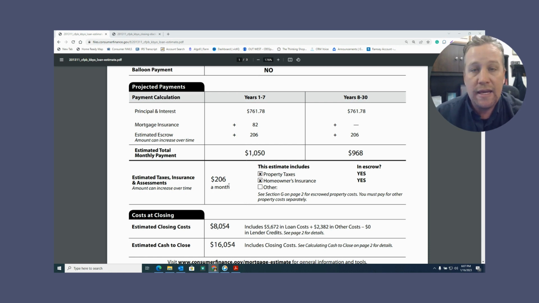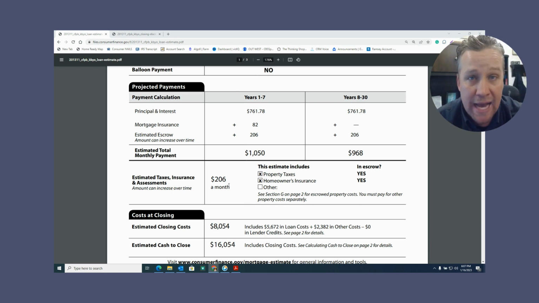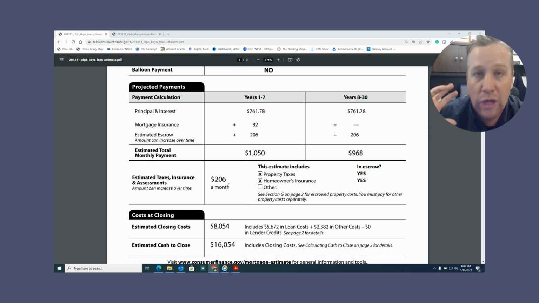So what they do is they just take the tax amount divided by 12, add that to your payment. So every time you make a payment, you're making a 12th of a payment into your tax account. So when the taxes roll around, there's enough money to cover it. So it's really a great, useful tool, because when you make that mortgage payment, you're covering some